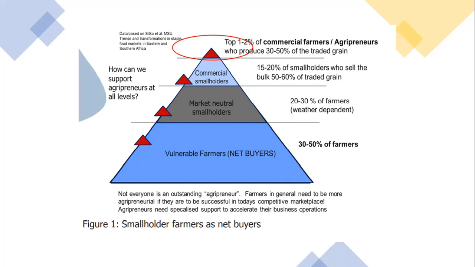Identification of this 1 to 2% of commercial farmers is one of the big tasks for the extension officer or the extension team. How do we identify this 1 to 2%? Imagine there are 100 smallholding farmers in a particular area, but only 1 or 2% will be considered agribusinessmen. So how to identify this 1 or 2% is a very critical skill that should be developed by the extension practitioner. So if there are 100, only 1% is doing agribusiness. So you have to identify that one person,